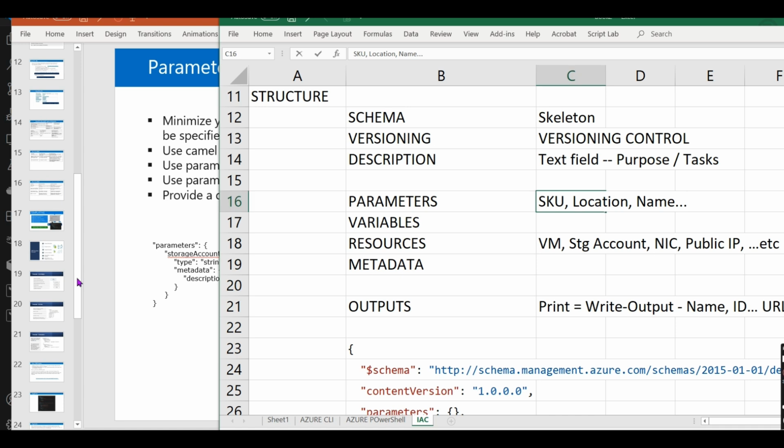Okay, with that said, I think we have pretty much covered the first half. So we have covered the Azure CLI, Cloud Shell, Azure PowerShell, and we have also touched upon the